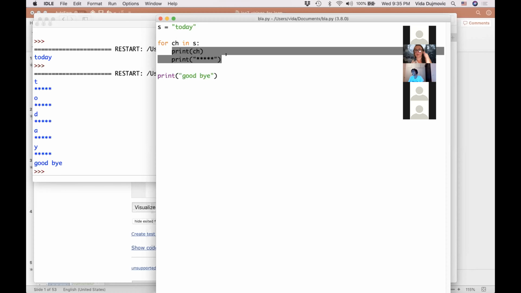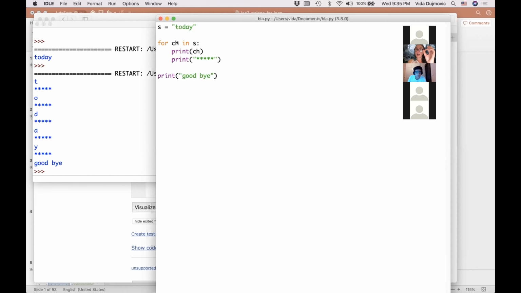What's the body of the loop? The thing that I just highlighted, everything that is indented in. So what we have stored in ch is the letter t, so t will be printed and stars will be printed. So this part is done. We are now at the end of the body of the for loop. Whenever Python, or any other programming language, comes to the end of the body of the loop, and that's why it's called a loop, you always go back to the beginning, because you need to figure out, am I done looping? I'm going to tell you how you figure that out. But you are at the end, so you come back to the beginning.